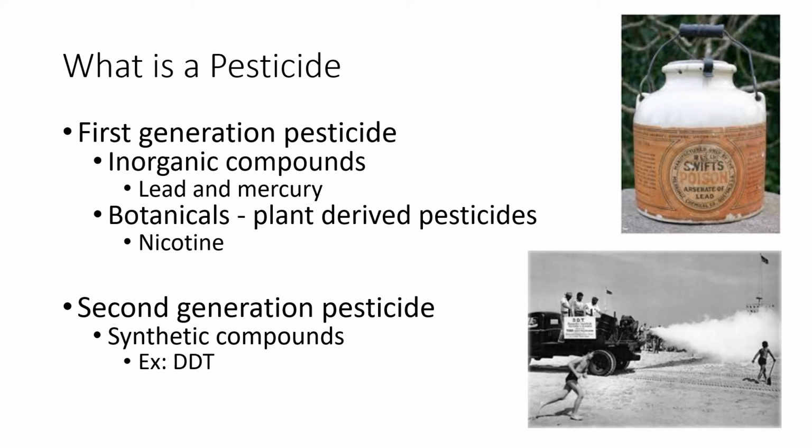So pesticides have a long history. In the beginning, they used a lot of metal and botanicals, like nicotine was used as a pesticide. But this is the reason why in the South, like when they grow rice in the South, there's a lot of lead in their soil. And so rice tends to have a higher level of lead in southern rice, like the southern states. So good alternatives are from Asia, and then second best I'd say is from California. But now we're into second generation pesticides, and these include synthetic compounds such as DDT, which we'll talk about a little bit.